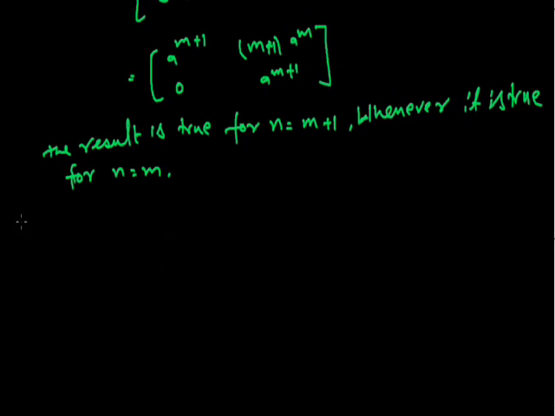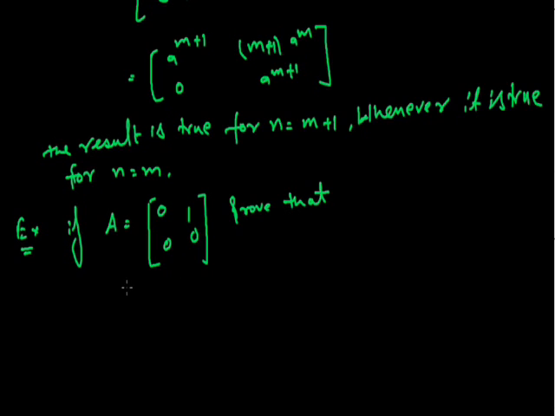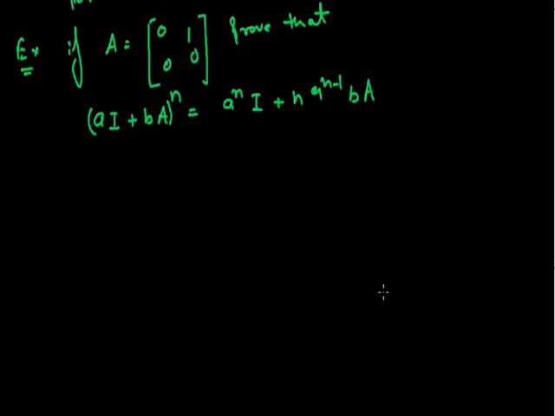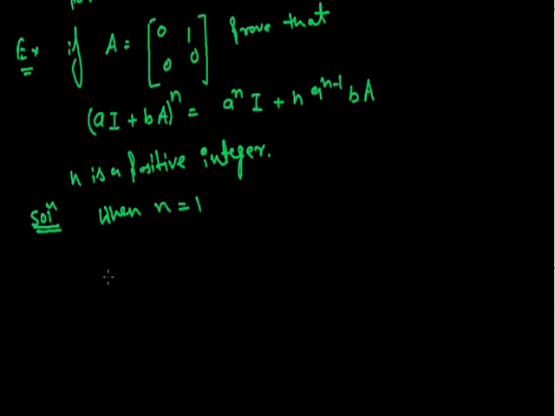Now let's take the next example. If A equal to [[0, 1], [0, 0]], then prove that (aI plus bA) whole power n equals a power n I plus n a power n minus 1 bA, where I is the unit matrix of order 2 and n is a positive integer. Now the solution by the principle of mathematical induction: when n equal to 1,